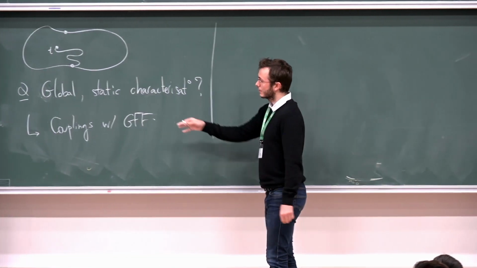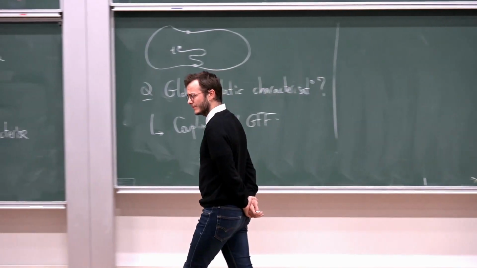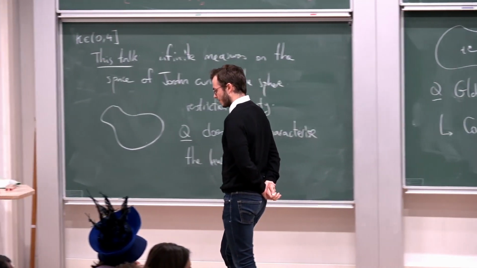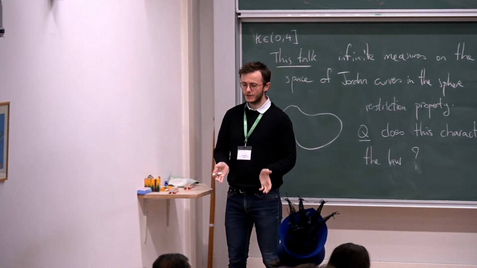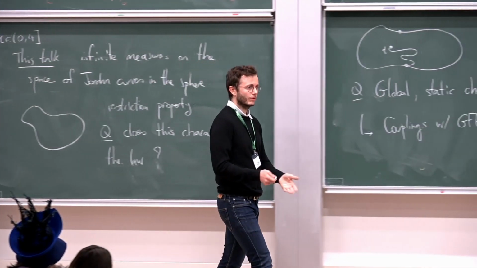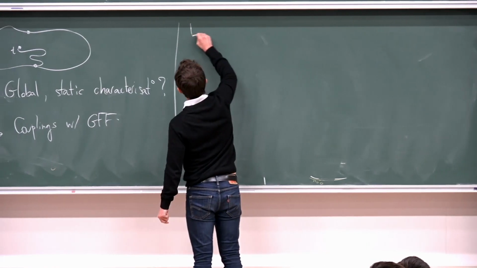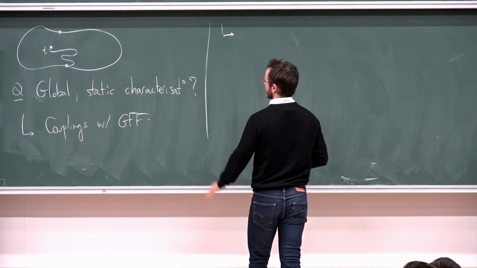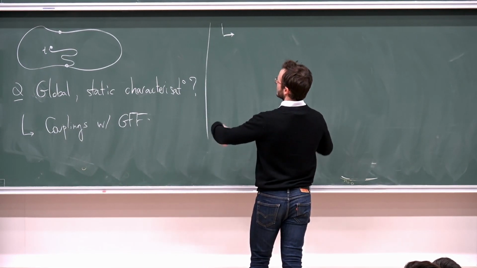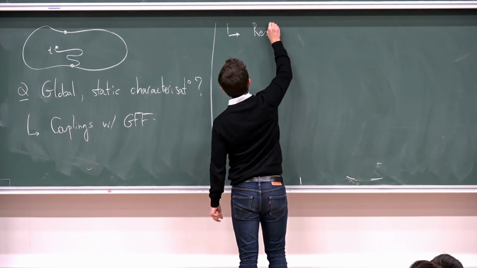For instance, the easiest one is for kappa equals 4, when you say that SLE4 is the level line of some GFF. This is a static global characterization. But this is actually quite complicated. And in a way, my answer to this question will go via the restriction property